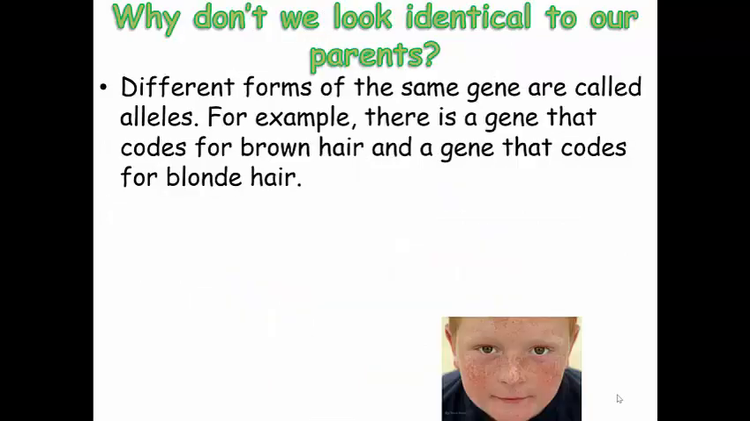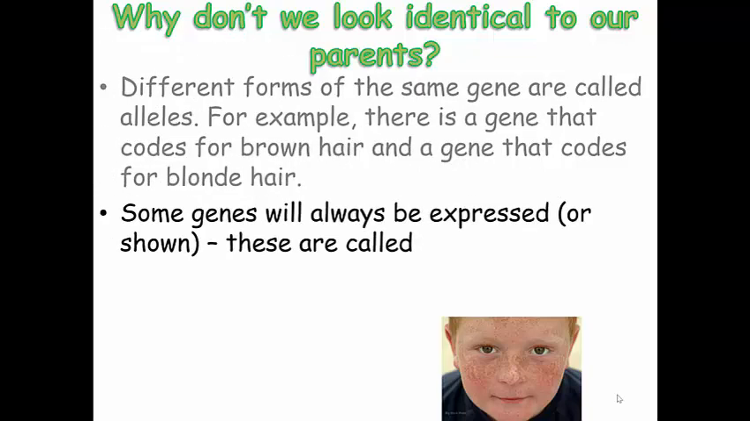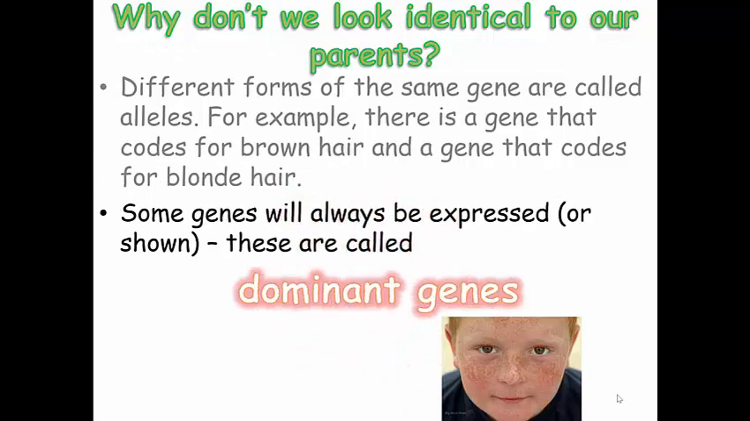Why don't we look identical to our parents? Okay, so different forms of the gene are called alleles. There is a gene that codes for brown hair and a gene that codes for blonde hair. Those are different alleles of the same gene. Some genes are always going to be expressed, and we call those dominant genes. So, for example,